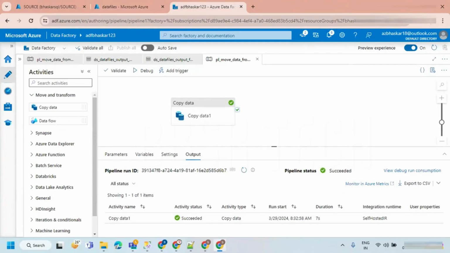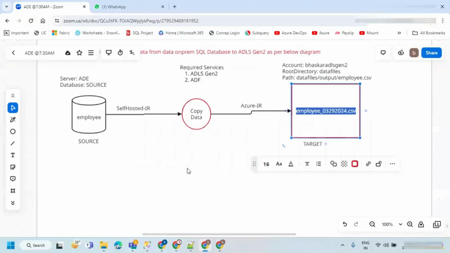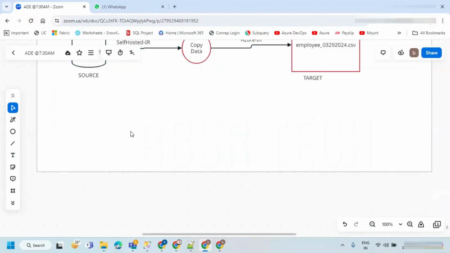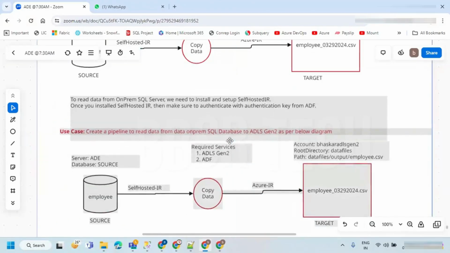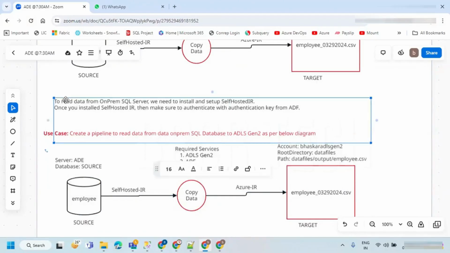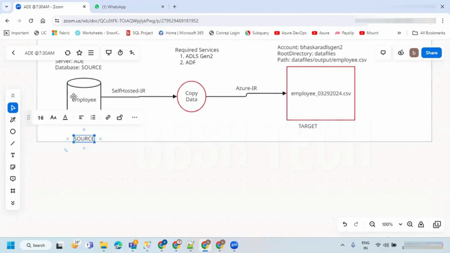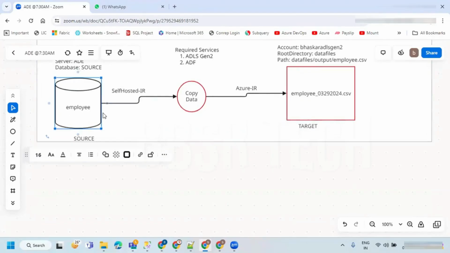Let's say, for example, I have employee, customer, department.